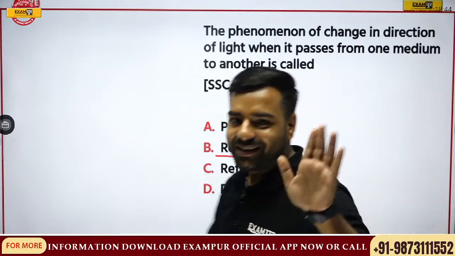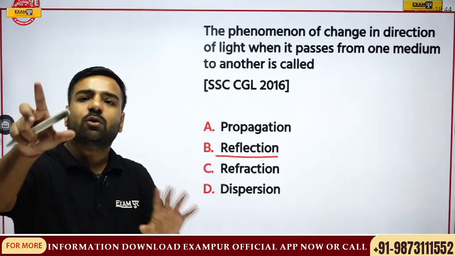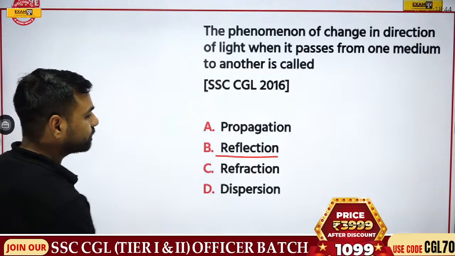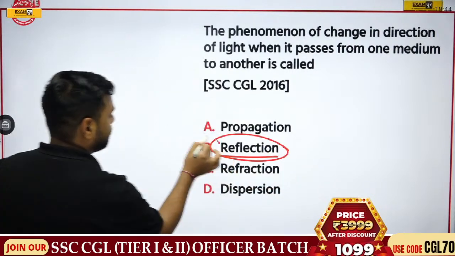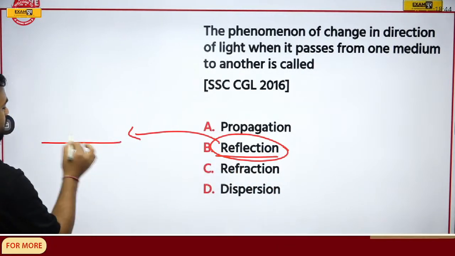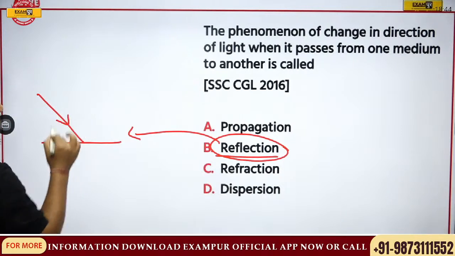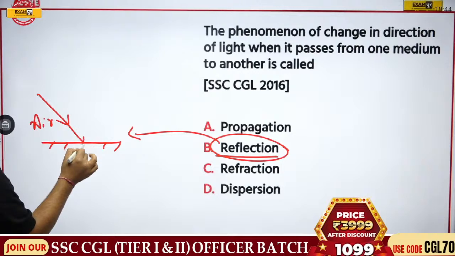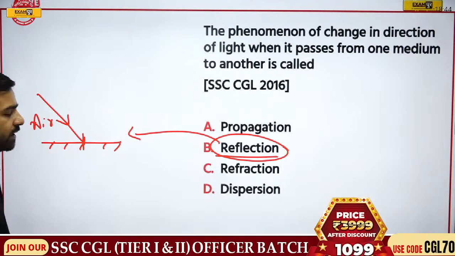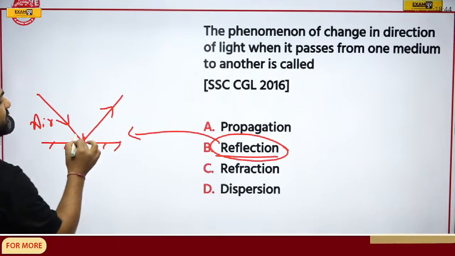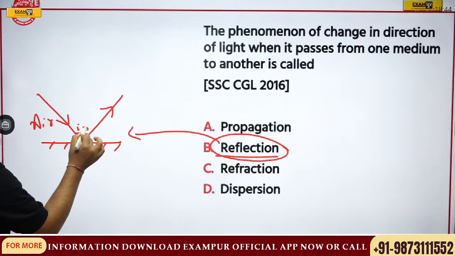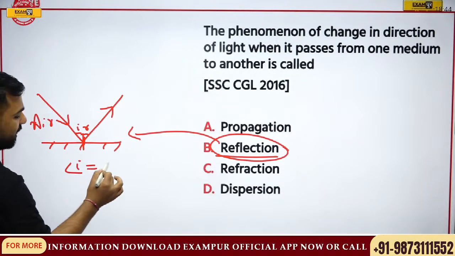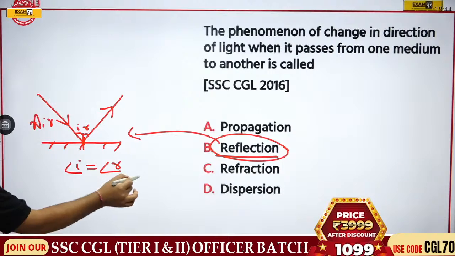Okay, Elma. Yeah, so please remember, when we are talking about reflection, reflection means there was a ray that was coming in one of the mediums. We can talk about the air medium. It actually struck at one of the points and it went back in the same medium. There was angle of incidence and angle of reflection which were actually the same.